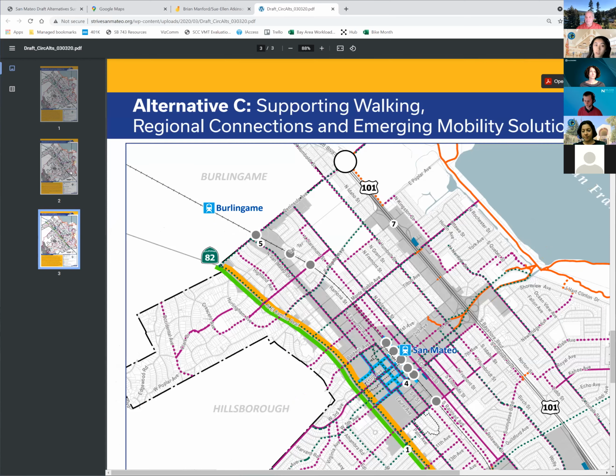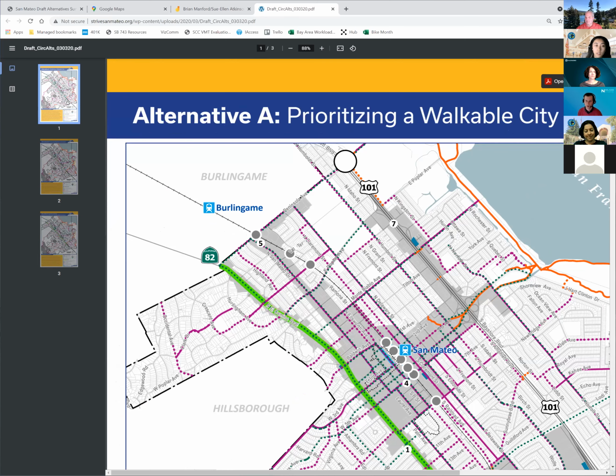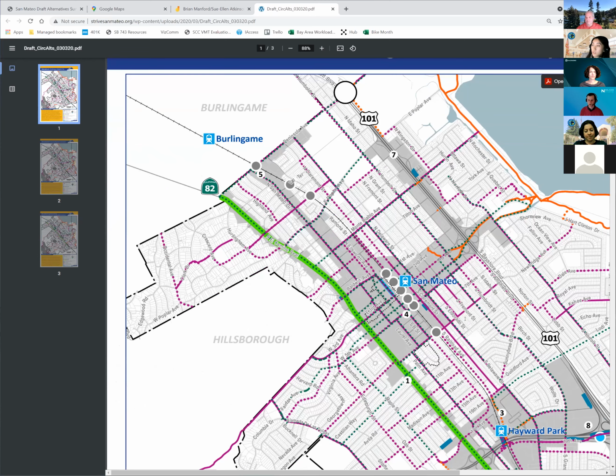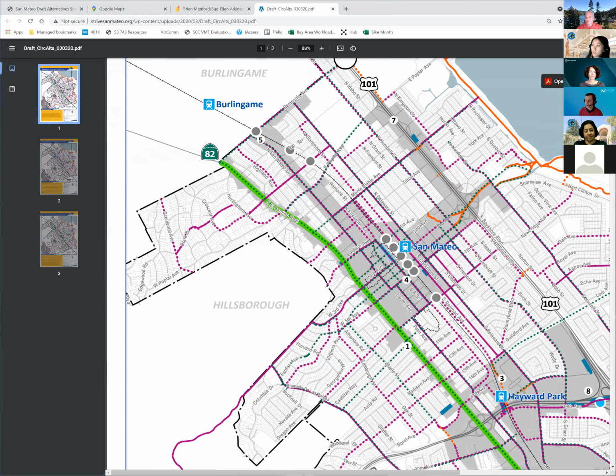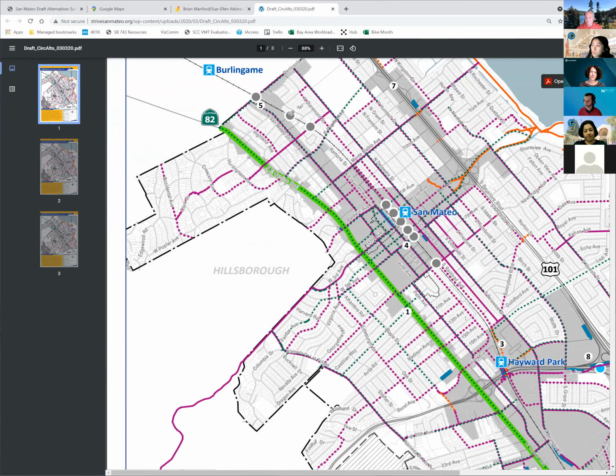Brian, let me stop you for a second. Paul had a question on alternative A. Does the El Camino improvement consider changing the number of vehicle lanes? We've been asked this multiple times. I would say yes, because there are going to be some trade-offs, but what exactly that means, is it parking, is it a turn lane, is it a travel lane, those details and the exact dimensions, we don't know for sure. Okay, but in order to get the protected lane, you would probably have to take space from something else.